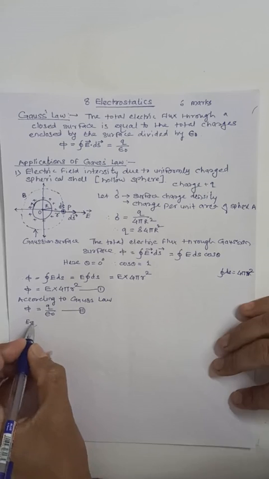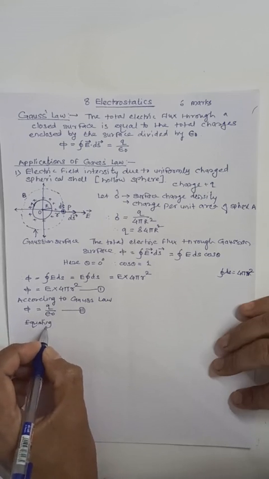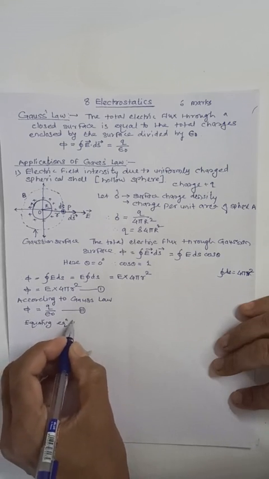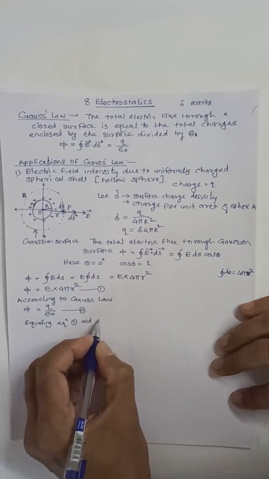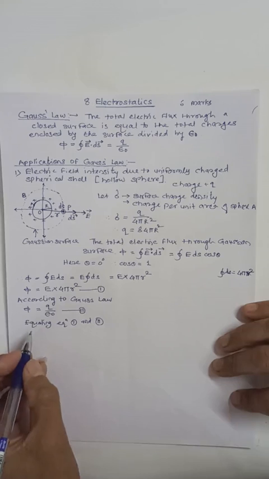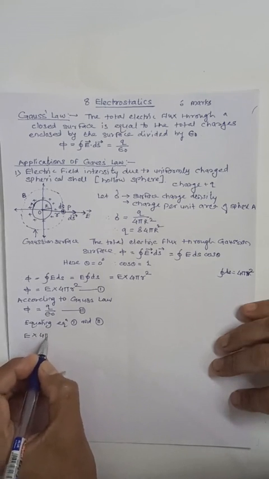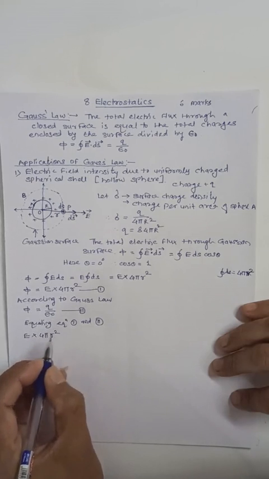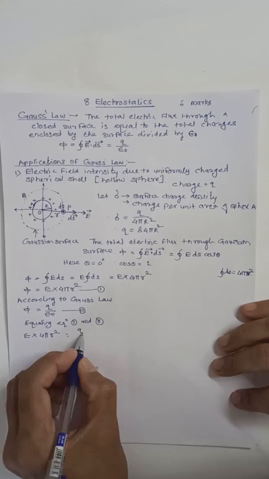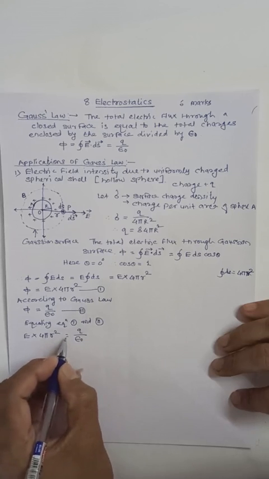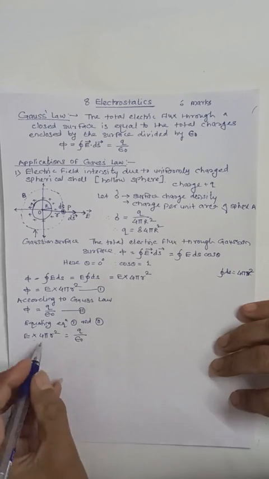Now equating equation 1 and 2, we get E into 4 pi r square is equal to Q upon epsilon 0,